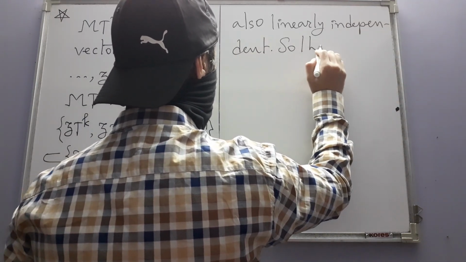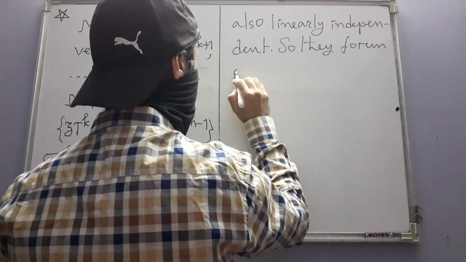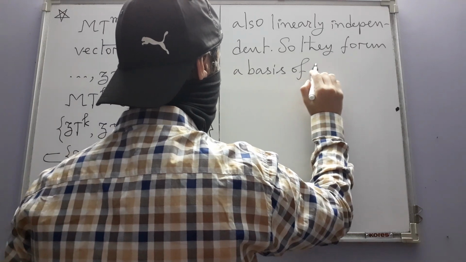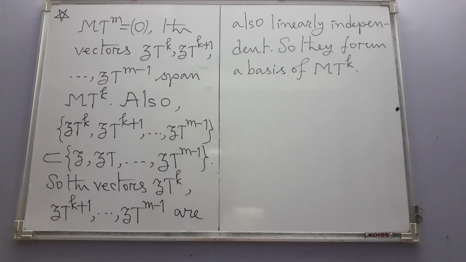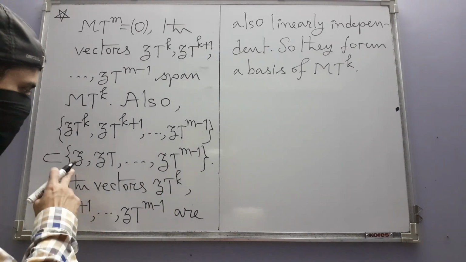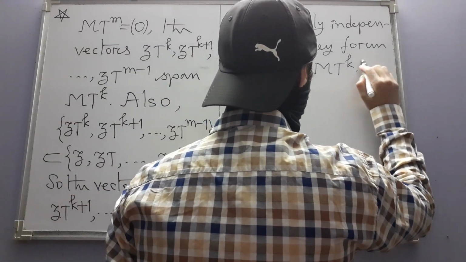So they form a basis of M t to the power k. So now the dimension of M t to the power k will be the number of vectors in this basis. Thus,